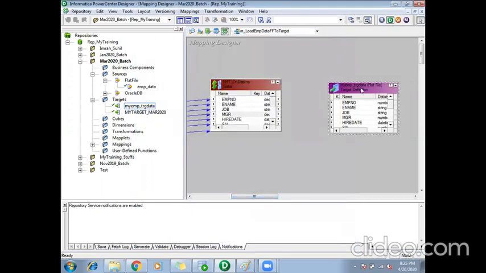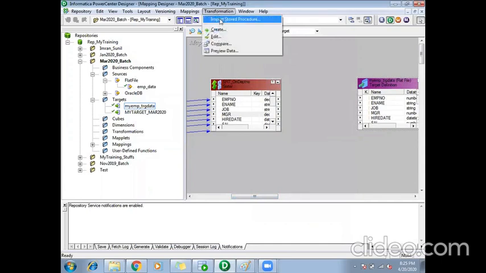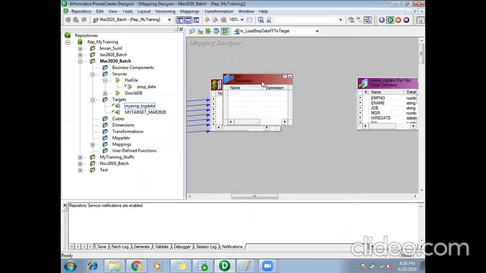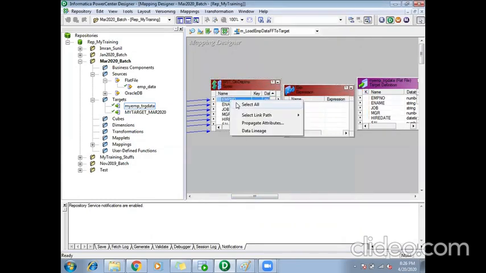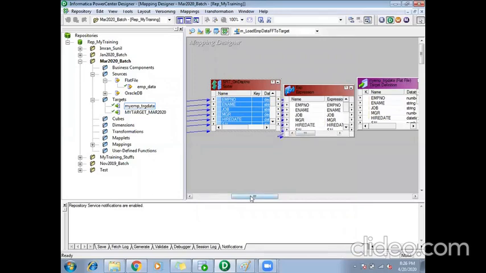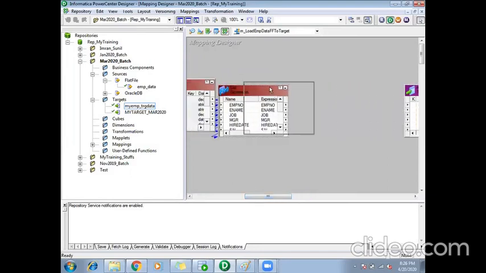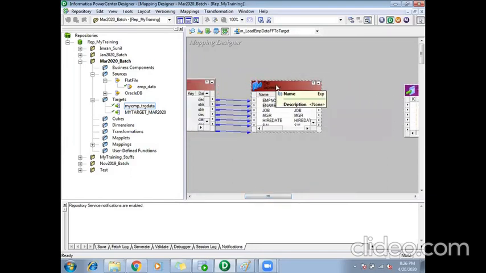Then I will create an expression transformation. In this expression transformation, like what we have done earlier, we will try to compare two records: the already processed record and the new current record.